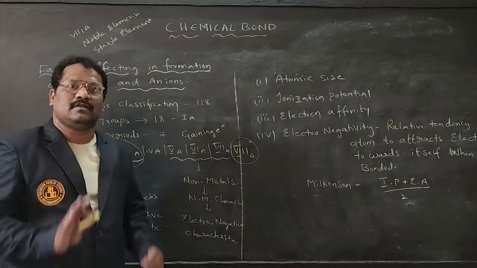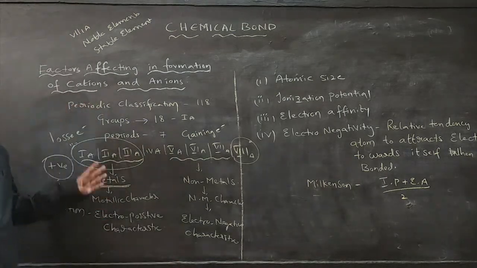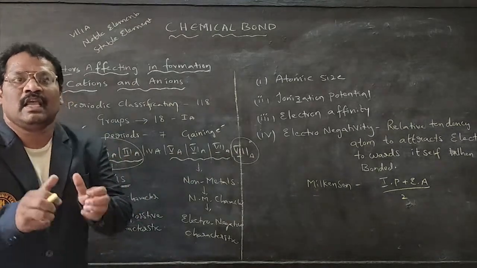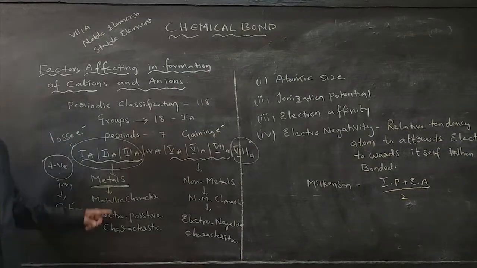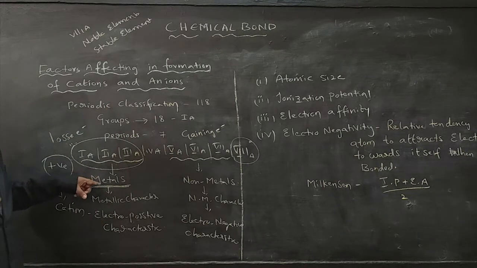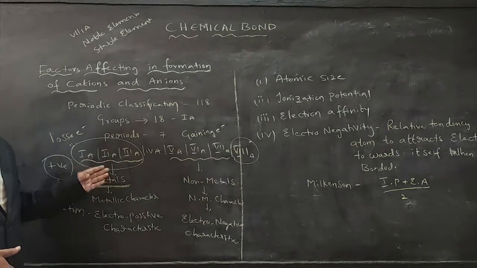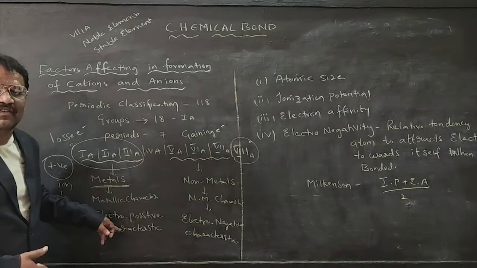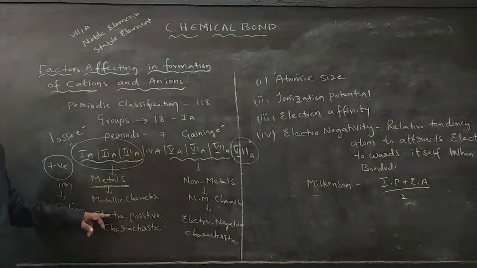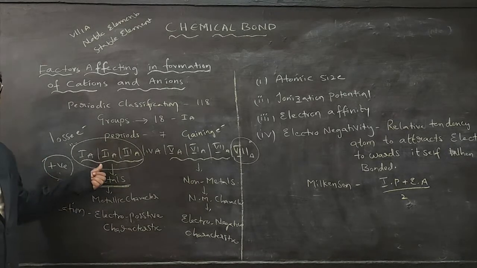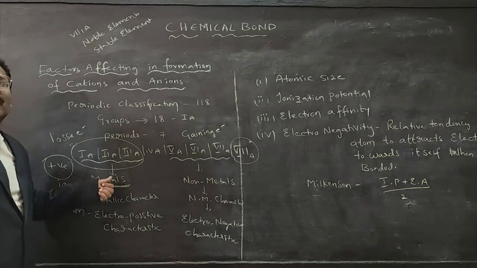No, we can't say that. Each and every element has positive nature as well as negative nature within it. As they have a high percentage of electropositivity and low percentage of electronegativity, we call these metals electropositive